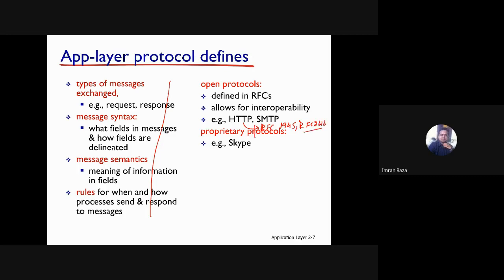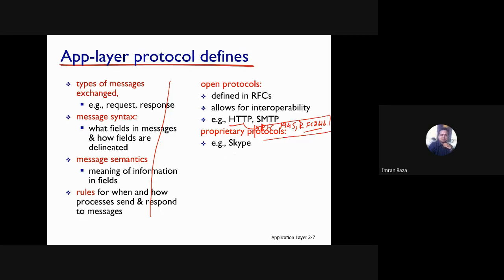So these 2 RFCs combined give the details about the implementation of the hypertext transfer protocol. So if you want to develop an application using HTTP, where there is a server and a client machine, you have to look for the details in request for comments 1945 and 2616.